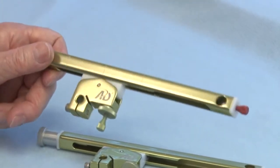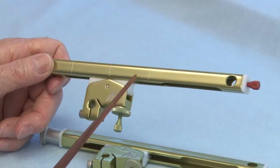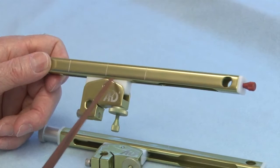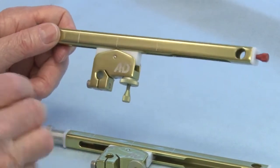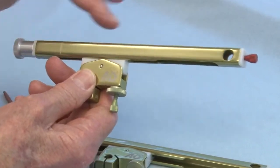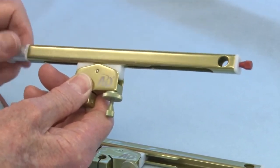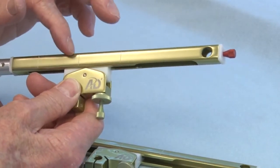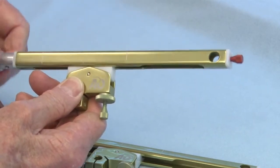Now then, in looking at the side arm, you can see a mark here, here, and here. These two extremes, that is how far this arm will move anterior posteriorly. In other words, this screw assembly here moves the whole assembly in and out. You can see how it is moving. See how far it's moved? If I keep moving it, it'll move all the way to here. And if I go the other direction,